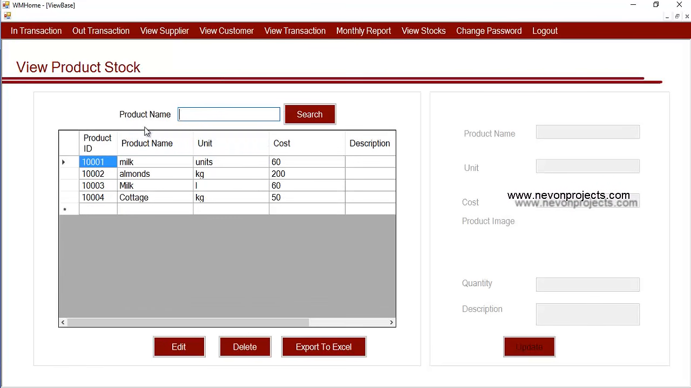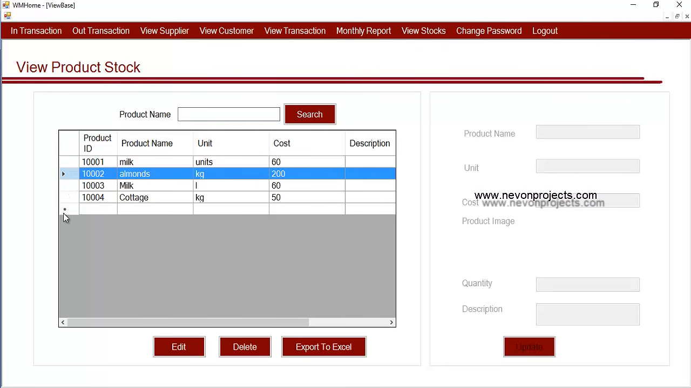Over here he must specify the product name. If suppose he wants to edit any of these products, if suppose I want to edit the almonds product, I will select any of these rows and click onto the edit button, and these details will be shown at the right hand side, and he can edit that product's details, and he can export these product details to Excel sheet